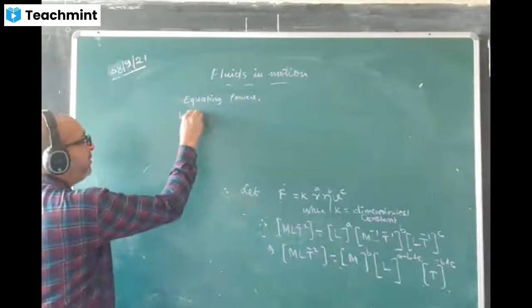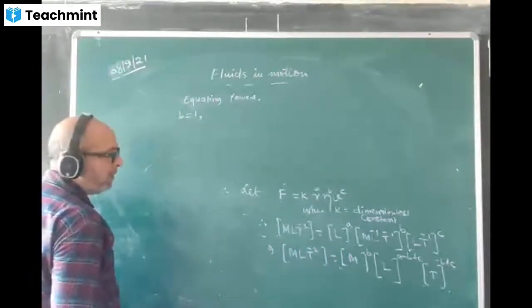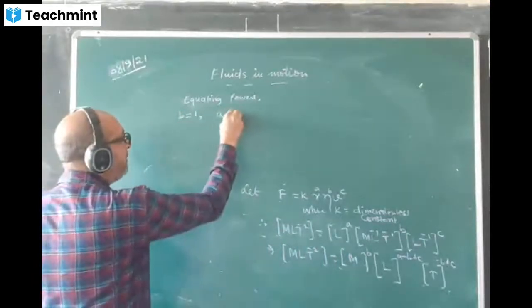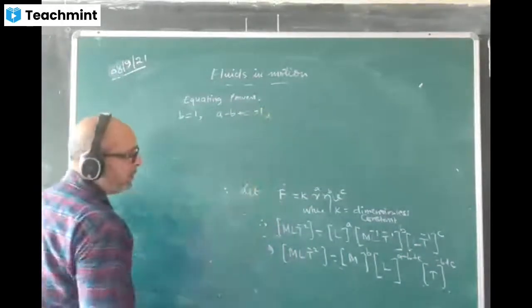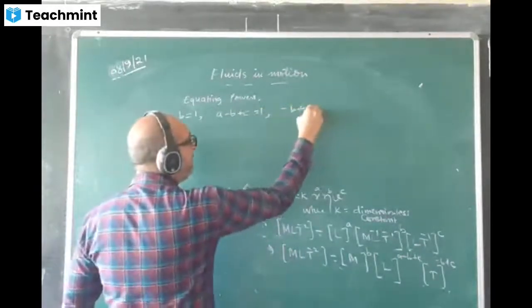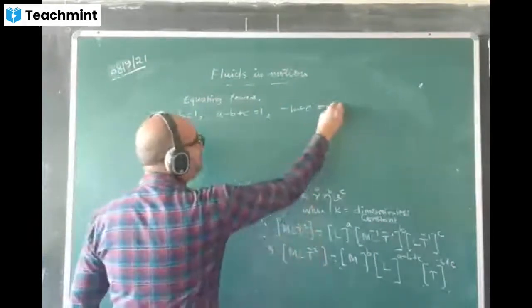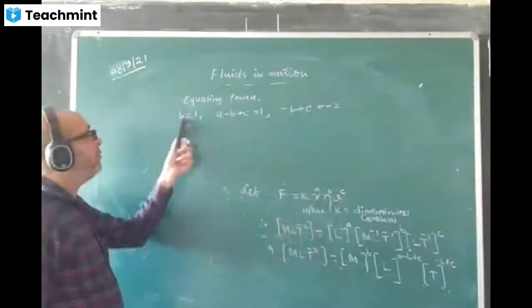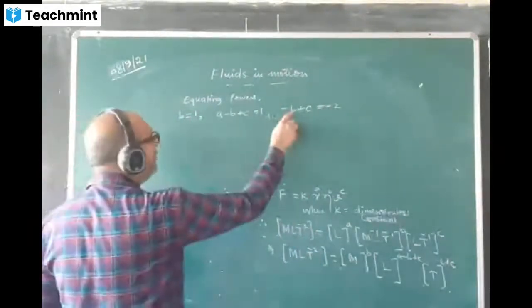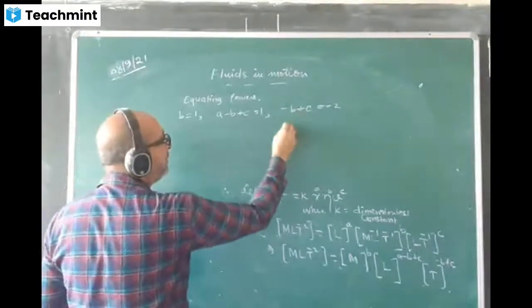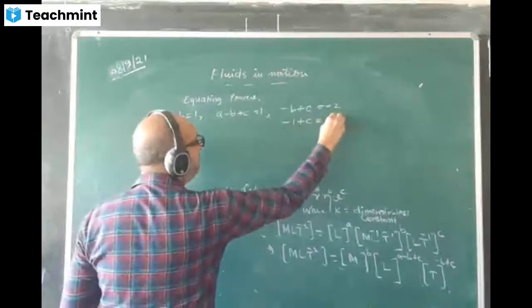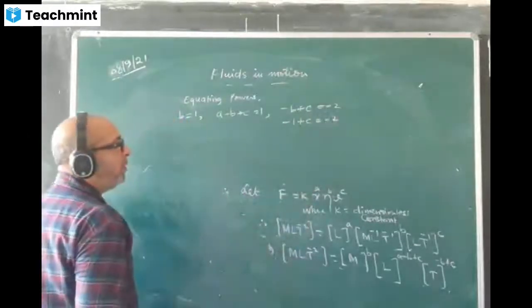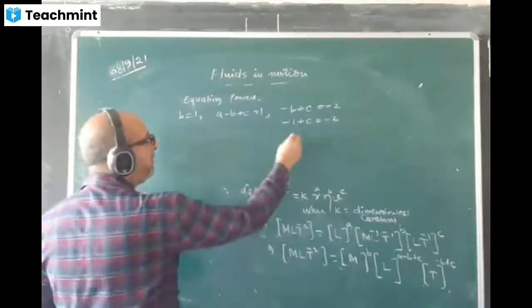The L power on the right hand side is a minus b plus c, and on the left side it is 1. The last one is minus b minus c, and on the left side the power is minus 2. So b is 1. I'll put the value of b as 1 and find the value of c. You get minus 1 minus c is equal to minus 2. Therefore, the value of c is coming